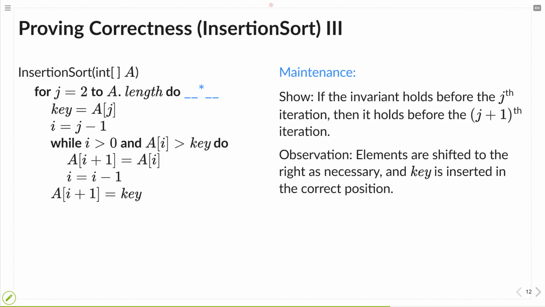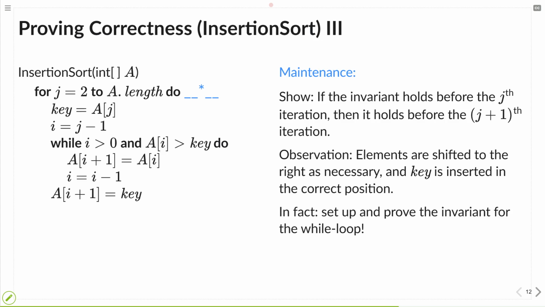This was a high-level argument about this while loop. Of course, if you want to go into detail, you would also show that this while loop does exactly what I said it does. That's not what we're going to do here. So the maintenance step of the loop invariant proof of insertion sort is finished.